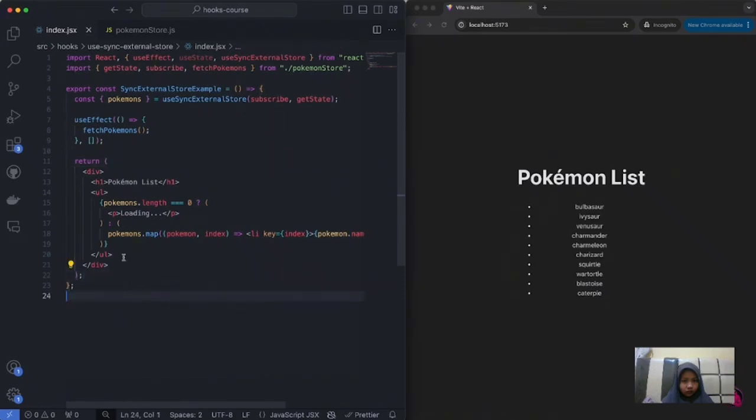Now, one thing you might be questioning yourself is, why didn't we just do all this logic inside of a context and then use the useContext hook to grab that data? Well, there's a couple of things that differ between doing that and using the useSyncExternalStore. I think it mainly differs on purpose, performance, and reactivity. So talking about the purpose,